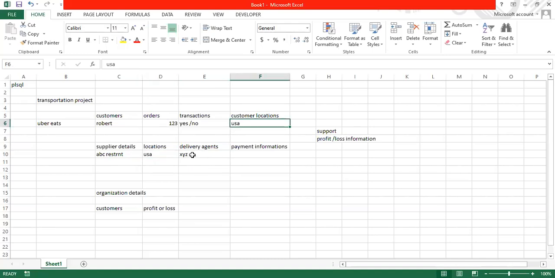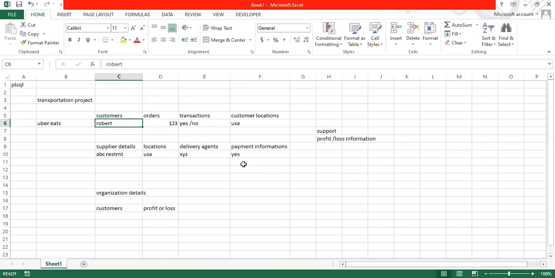Okay, once after collecting all this information, he will go ahead to the customer location and he will start delivering the order. Once after delivering the order, he has to get all the payment related information, whether the payment has been done or not, the transaction. So if the transaction says yes, the order detail says the payment has been